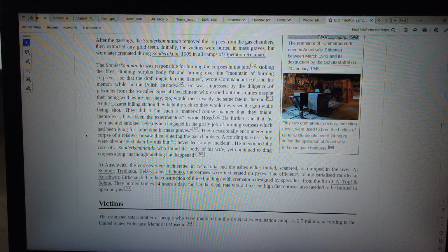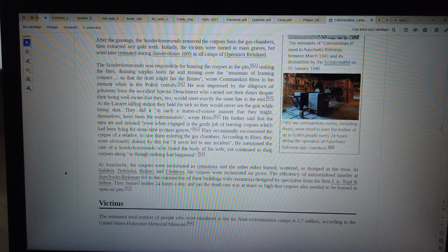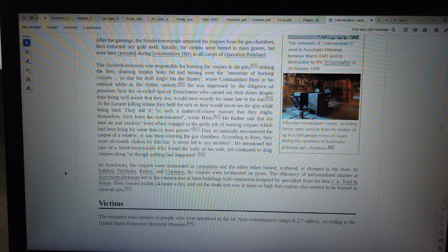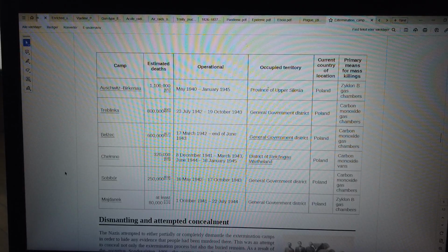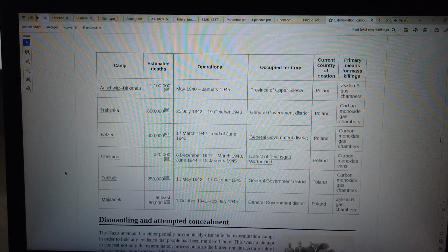63. Victims. The estimated total number of people who were murdered in the 6 Nazi extermination camps is 2.7 million, according to the United States Holocaust Memorial Museum. 64. Camp, estimated deaths, operation, current country of location, primary means for mass killings. Auschwitz-Birkenau